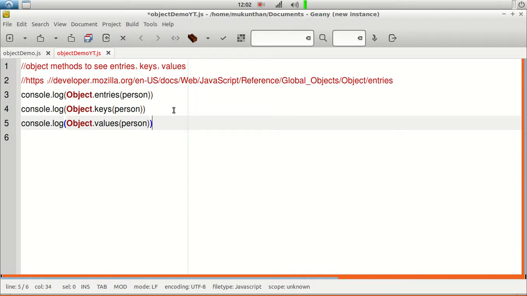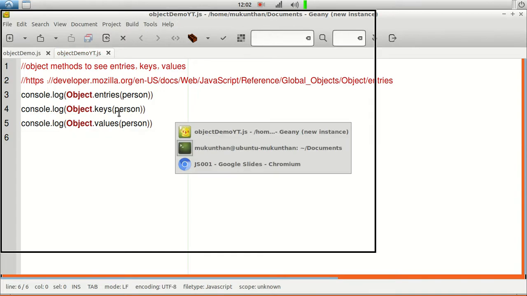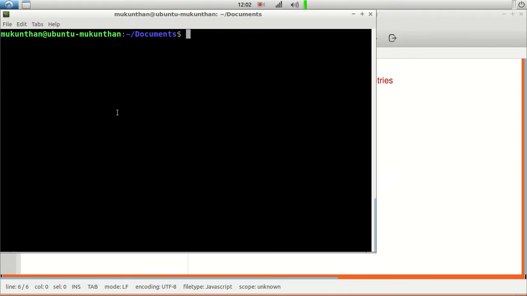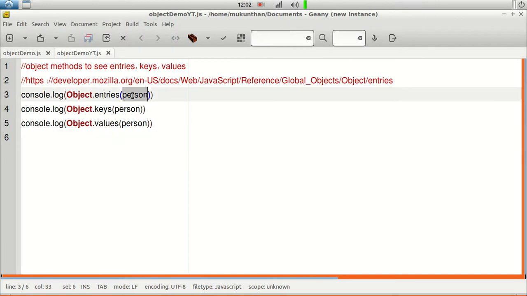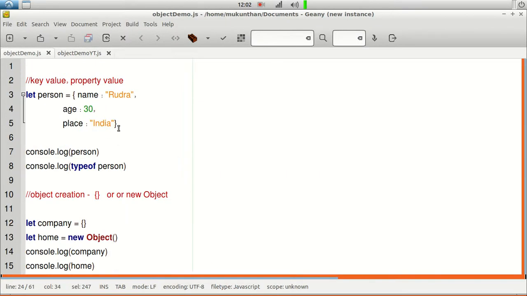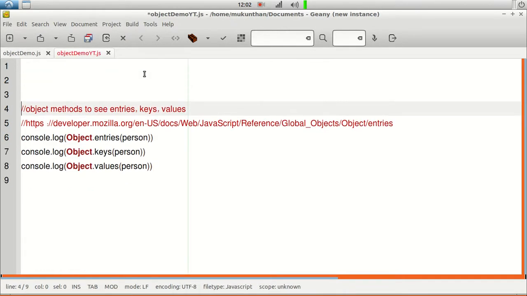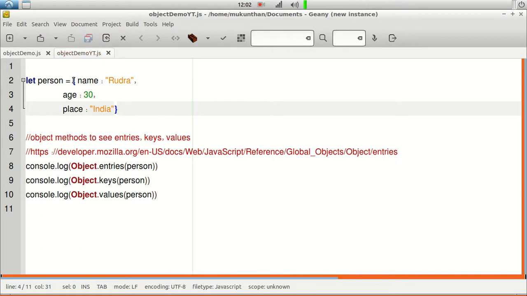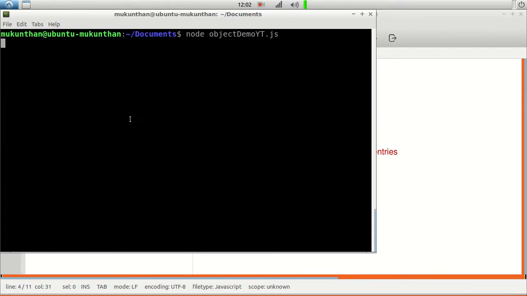We are going to see arrays in a coming session, but this is one of the methods we can use to see the entries, or to see the keys and values separately. There is a mistake here: in the console, the object is not present because I am sending an object which is not defined here. So I need to get that object as well. Let's copy this code. Okay, fine. Now we have the object called person. It has 3 keys and 3 values, right? Now let me save this. Okay, fine. Clear the screen, enter.